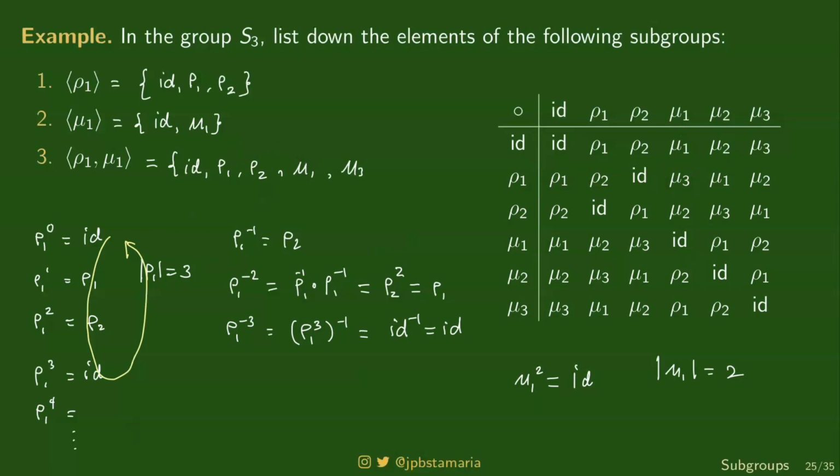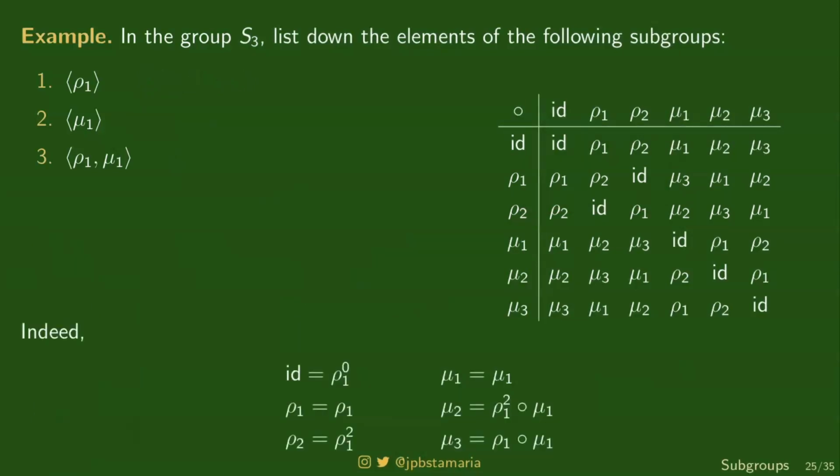Check mo naman yung row 2 times mu1, kasi dapat closed ang subgroup. Si mu2 dapat kasama rin. So, in the end, ano nangyari? The subgroup generated is just all of S3. Did you understand? Indeed,